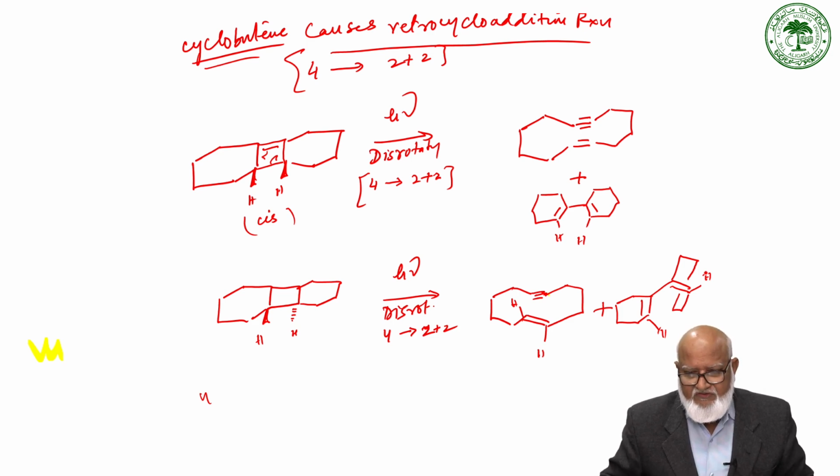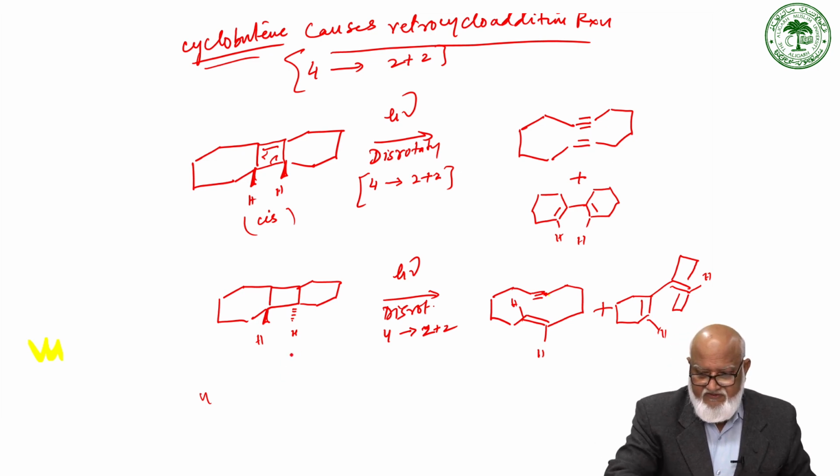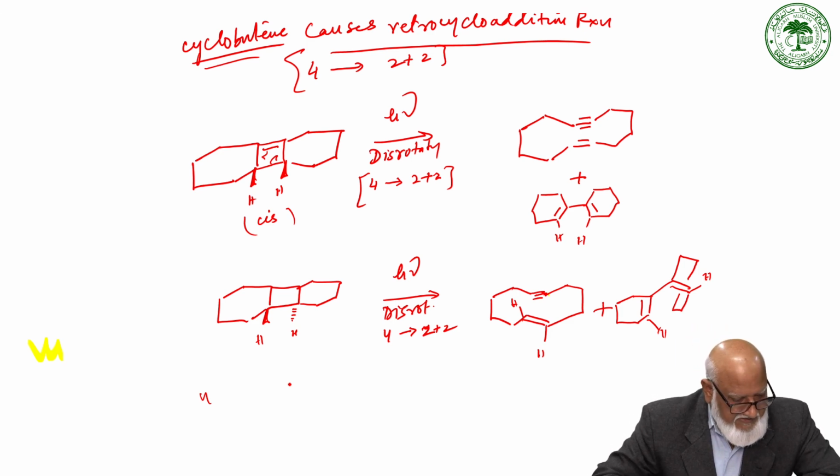The cis ring junction undergoes ring opening to give one double bond and a triple bond, and also the trans ring junction. This stereochemistry is retained, and then